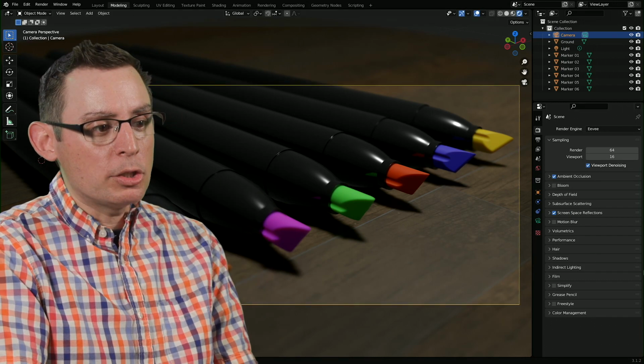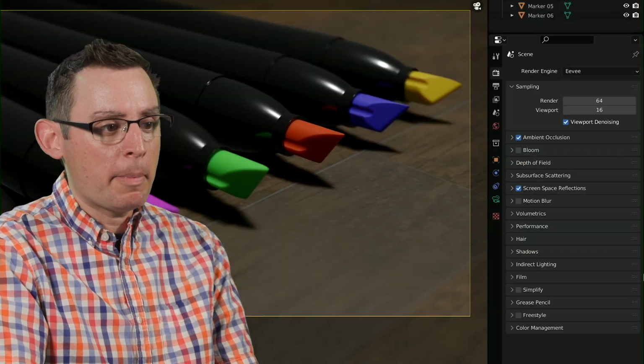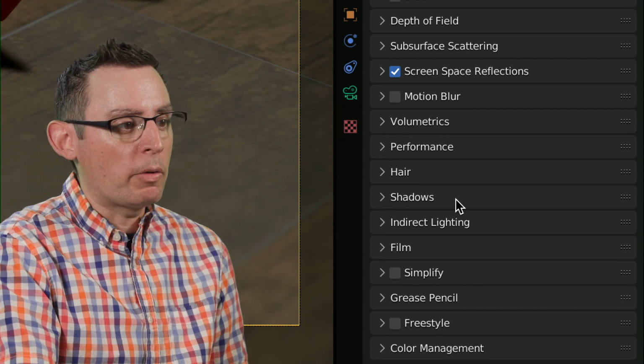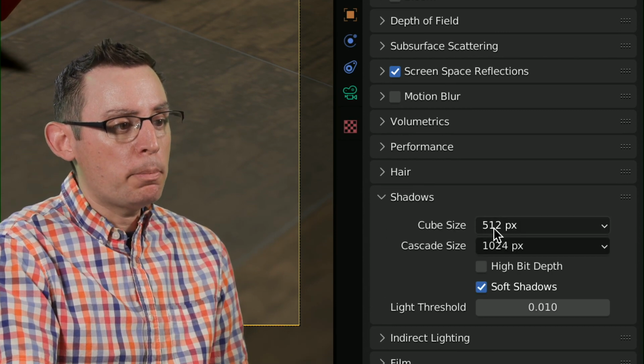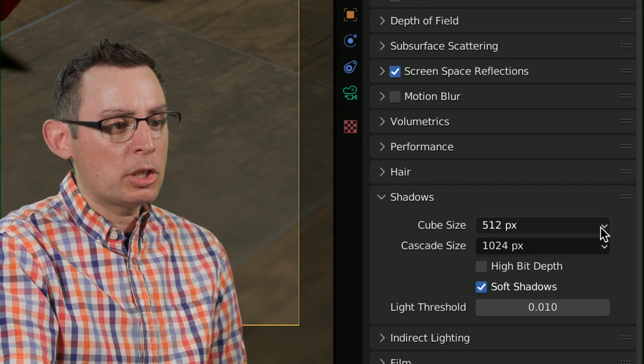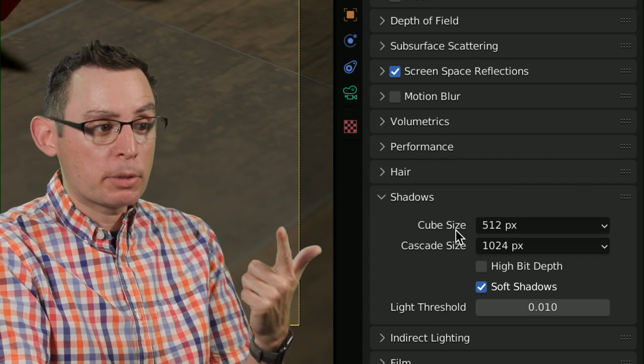Now, another thing that we can do to increase the quality and make our images feel a little bit more cinematic is adjust the qualities of our shadows. We can do that right here. Right now, we're using point lights to light our scene. Well, this cube size is going to determine the quality of the shadows for point lights and for spotlights.